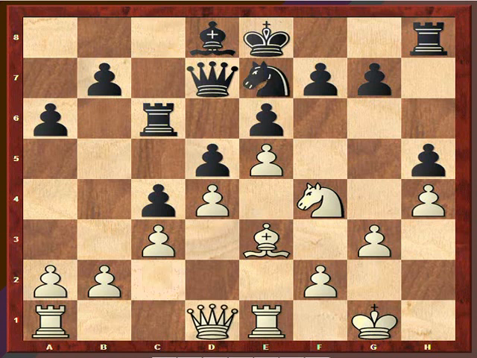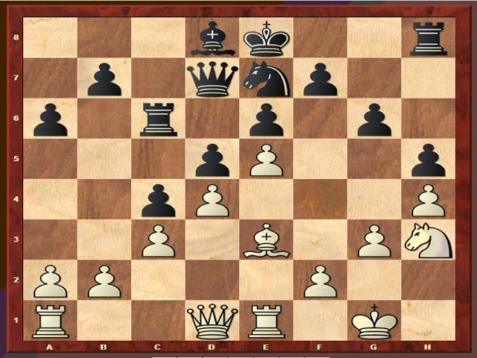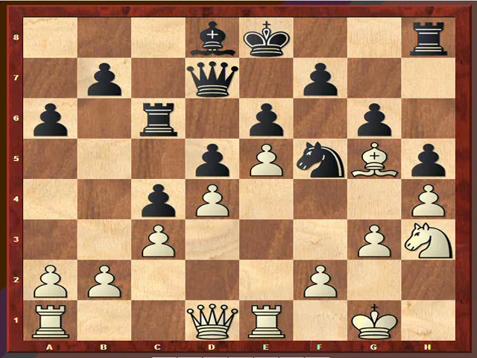queen d1, forcing the move g6, which weakens the dark squares even more. And then continue with knight h3, knight f5, bishop g5. Okay, the bad bishop becomes good now, so Karpov must take, otherwise the bishop stays on f6 or something. So, and after knight g5,